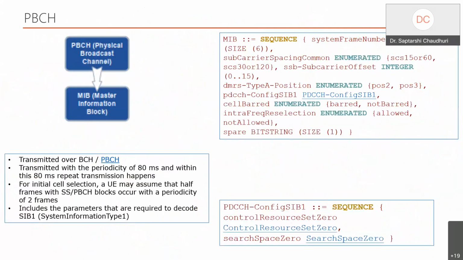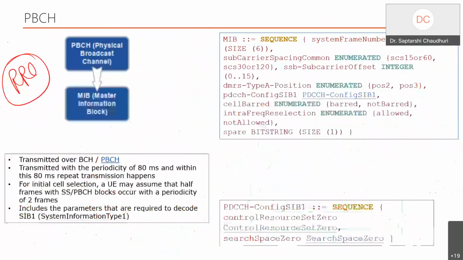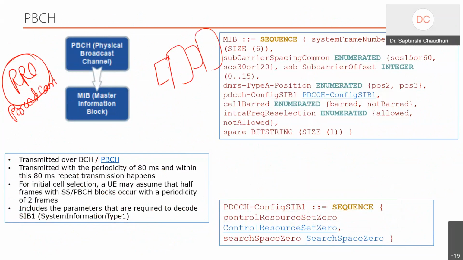Now the biggest thing that I told you about how RRC works is that once it is able to synchronize, this is the orange part, where RRC starts sending the broadcast. It keeps on broadcasting. The broadcast is actually augmented by this PSS and SSS. So this is where the broadcast configuration goes.